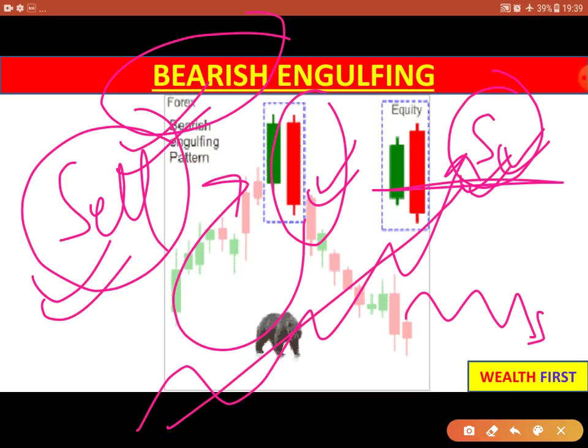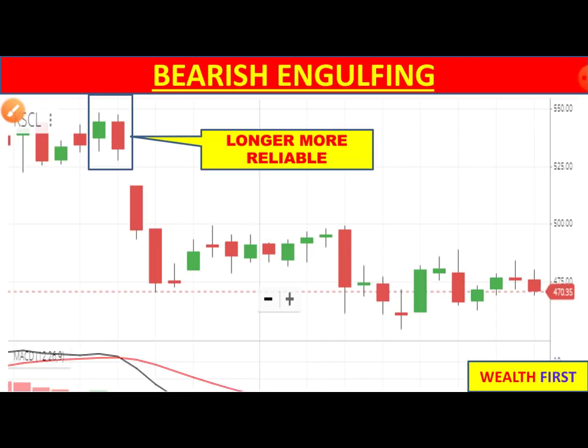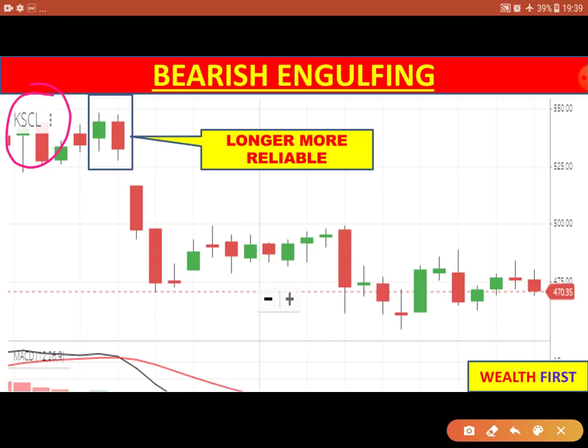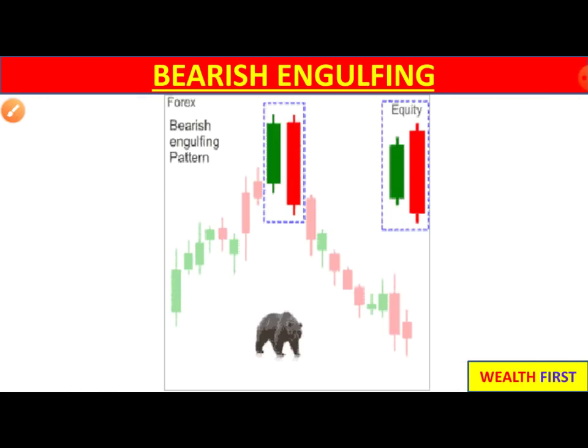The buyers have become weak here because they are already fed up of buying. Now the time for sellers has come. When this is spotted, this is a clear-cut sign of reversal. This is the Kaveri Seed chart. Again, you can find this bearish engulfing. This bearish candle has completely engulfed this green candle, and since the stock was already in uptrend,